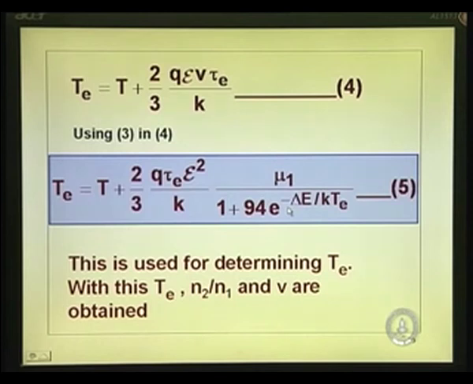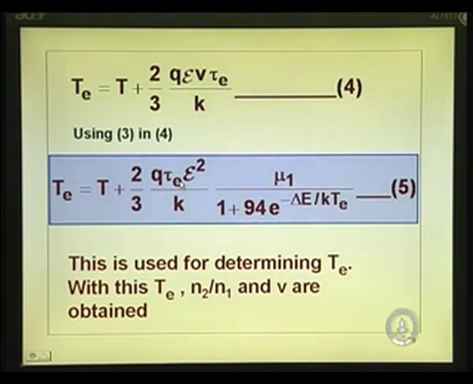So, all that we have done is we have used the electron temperature, and that unknown quantity can be found from this equation. Tau e is a relaxation time, known, E is the electric field that you are talking of. What you are trying to find out now is, with the electric field, how hot the electron becomes. On both sides, you have got T. It is a transcendental equation. So, you have to solve it numerically finally. Once you solve this, you get the temperature, and once you get the temperature, you substitute in n 2 by n 1,